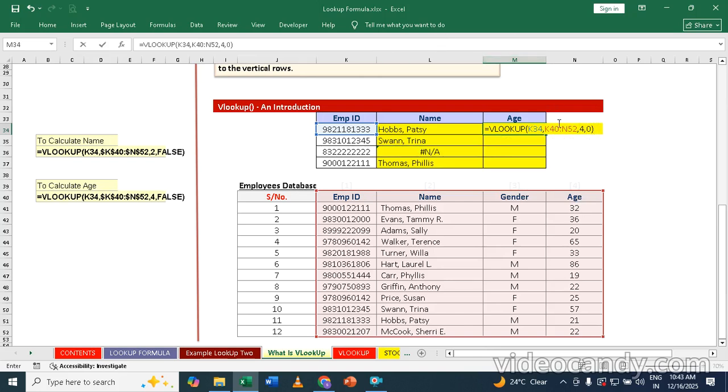Now because I will be dragging it for the other cells also, other names, you'll have to lock it. So K40 and N52, lock it by using F4. Click on K40 first and press F4 from your keyboard. Same thing you do with N52 also. Click and press F4. So once you have locked the cell,